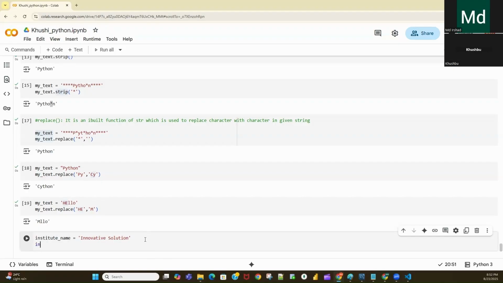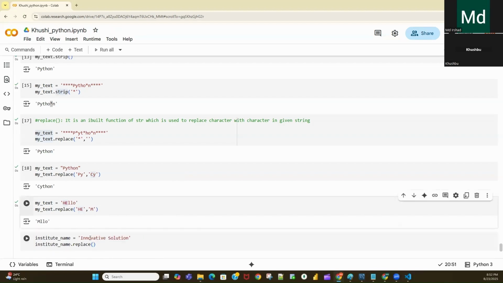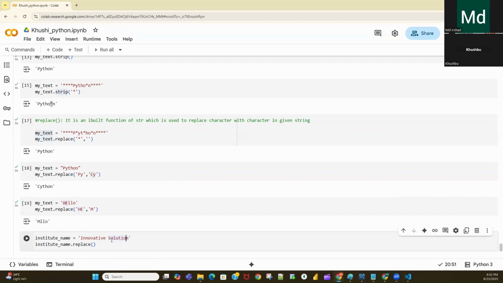So now I will write institute name dot replace. Now here what I want to do: how many O are there? One, two, three, right? So I don't want to replace all three O. I want to replace the first two O.